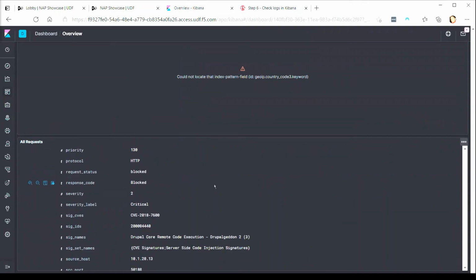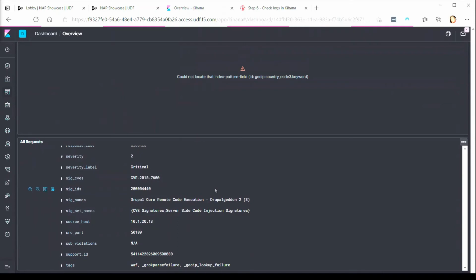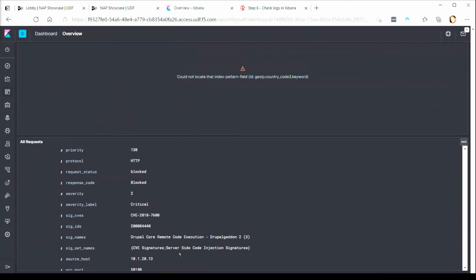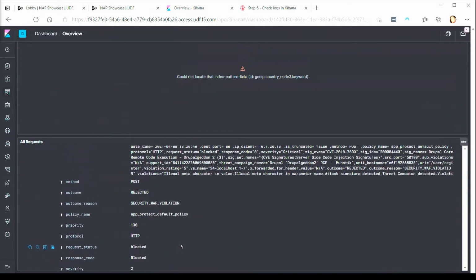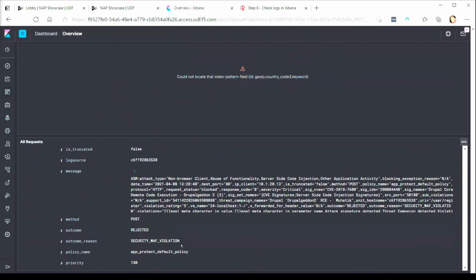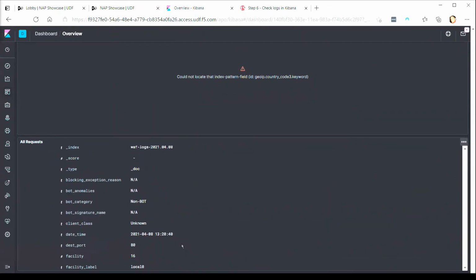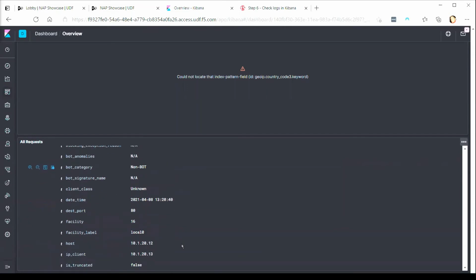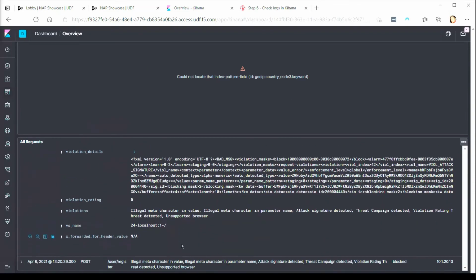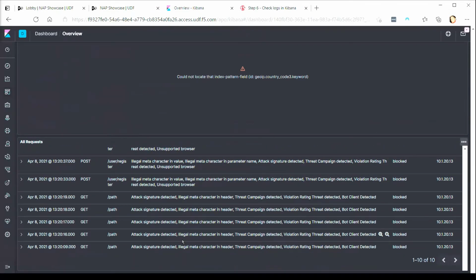So you can filter and track the information. You've got the support ID here, the one that was generated and displayed on the blocking page for the client. It's perfectly searchable and trackable. You'll get information about why this was blocked, what rule it invoked, and so on and so forth. All of the information about the attack is contained here.